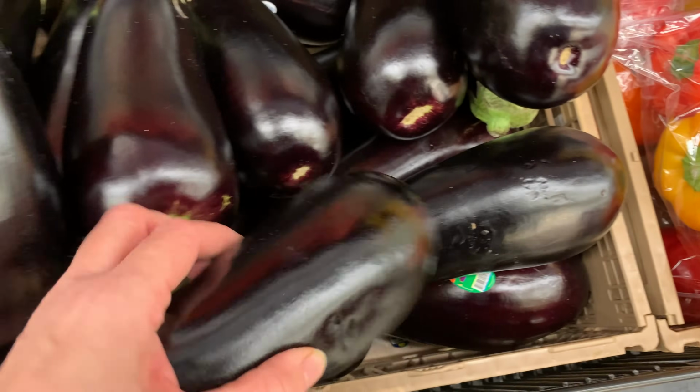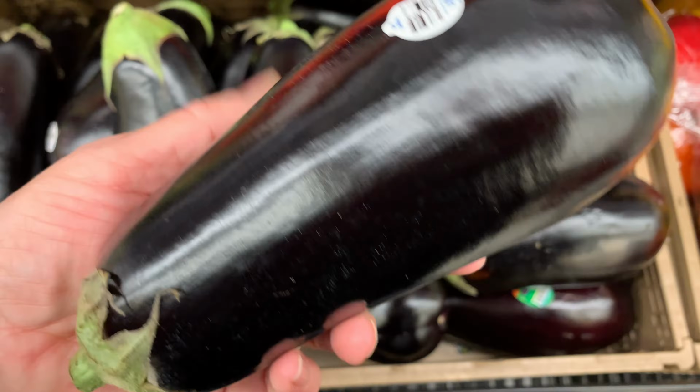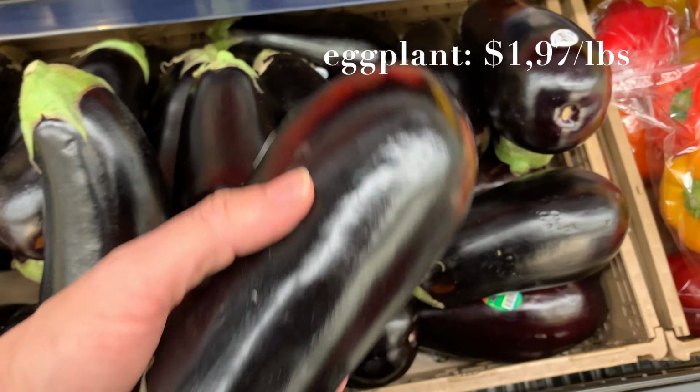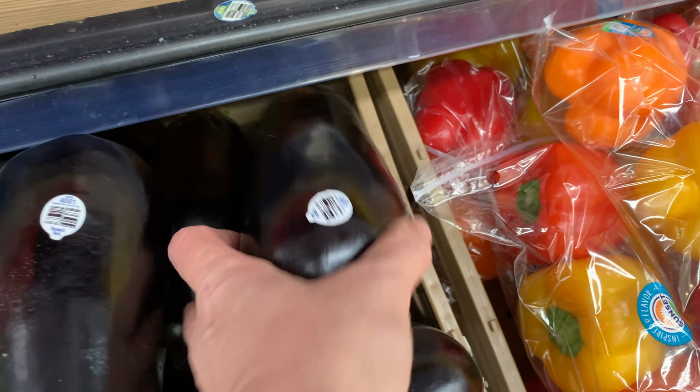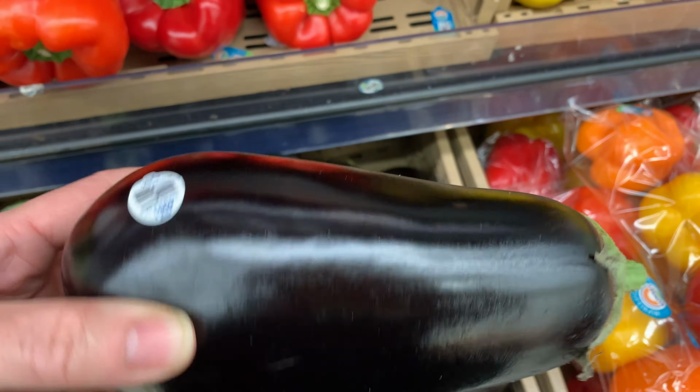I need eggplants for baba ganoush and grilled veggies and eggplant pasta, and to choose the right eggplant, I take the darkest and the one with the small belly button. Well, I don't know what it's called, but this thing here, the smaller it is, the tastier and more delicious your